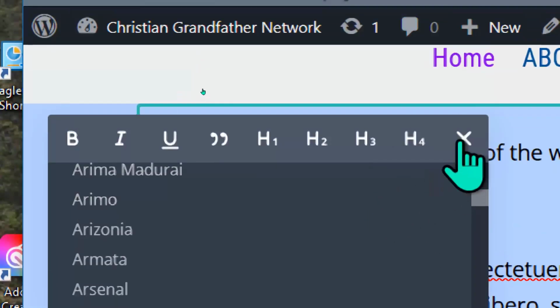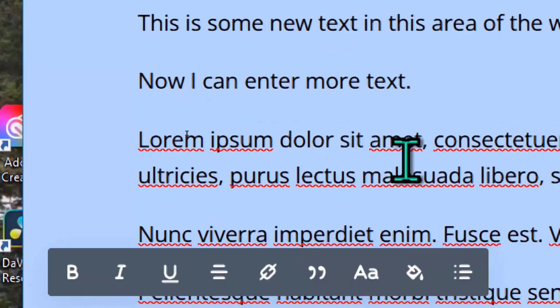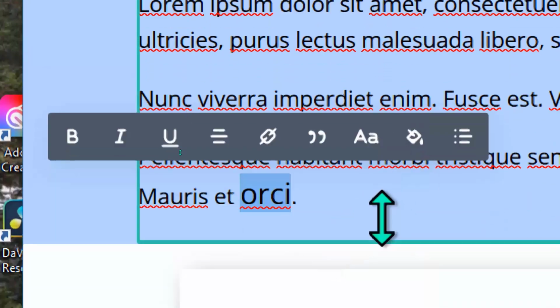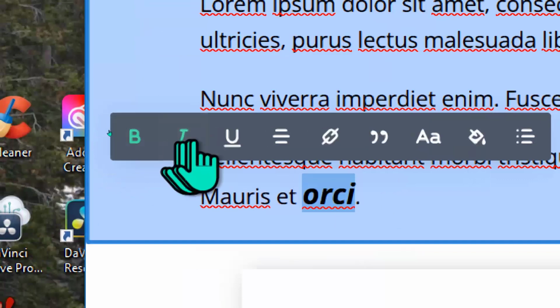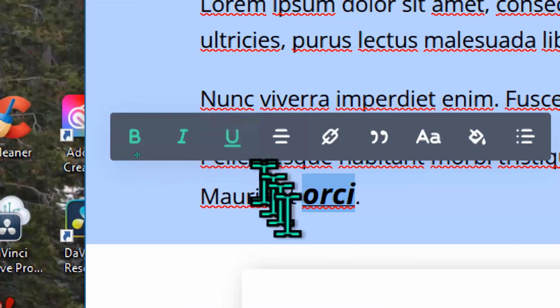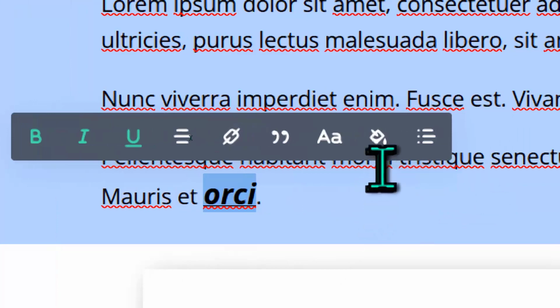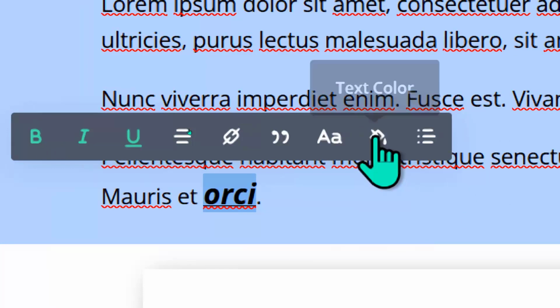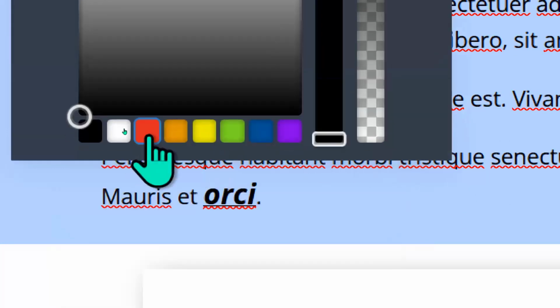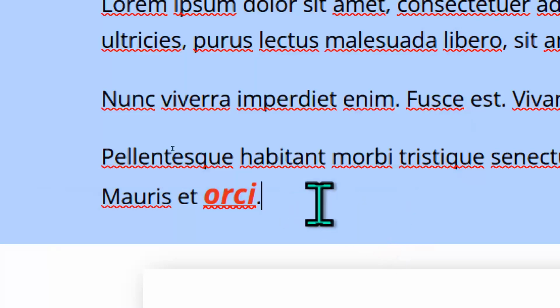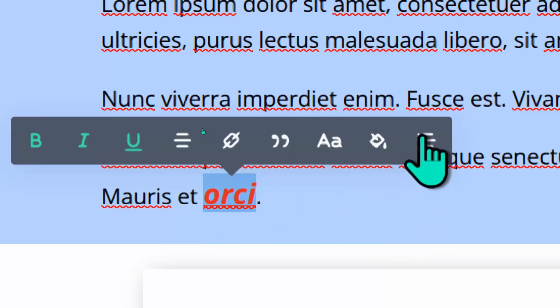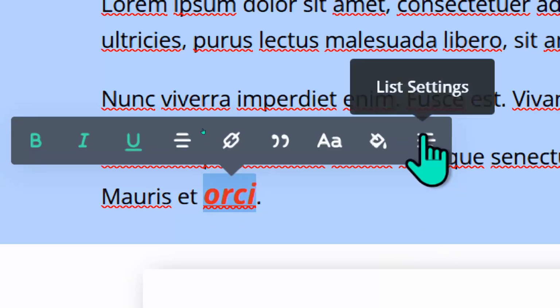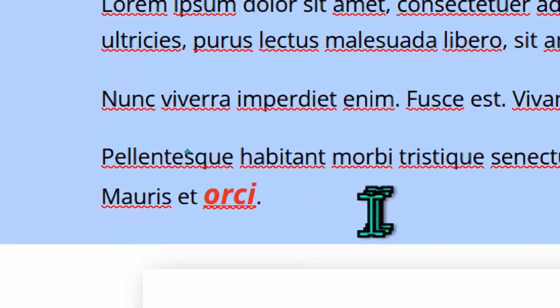It's a WYSIWYG editor. In other words, you can see it while it's happening. Let's go ahead and make that boldface and italic and underline. And the last item here, well, not the next last item, is I could change the color. Let's make it red. Boom, done. Also, double click selects it. We can turn it into a list. We can turn it into a bulleted list or a numbered list. And I'll tell you what, let's do